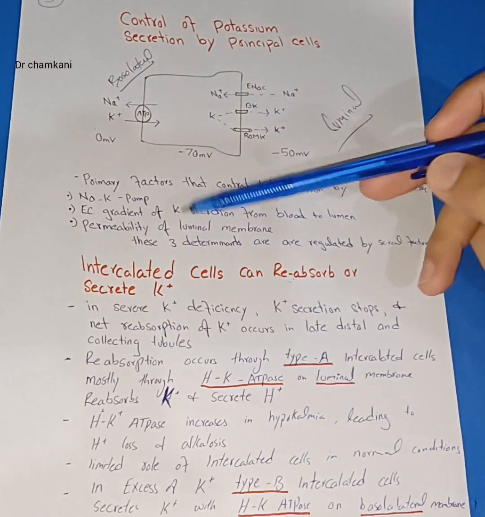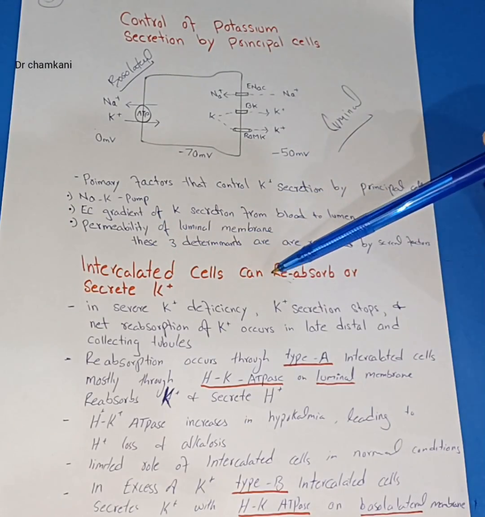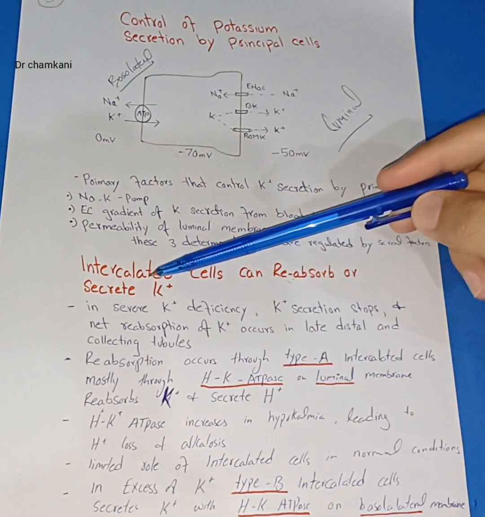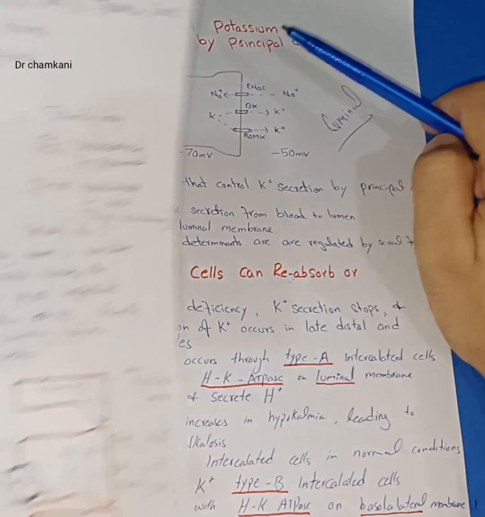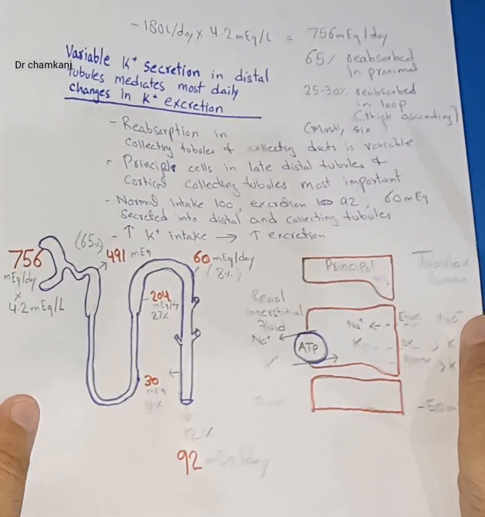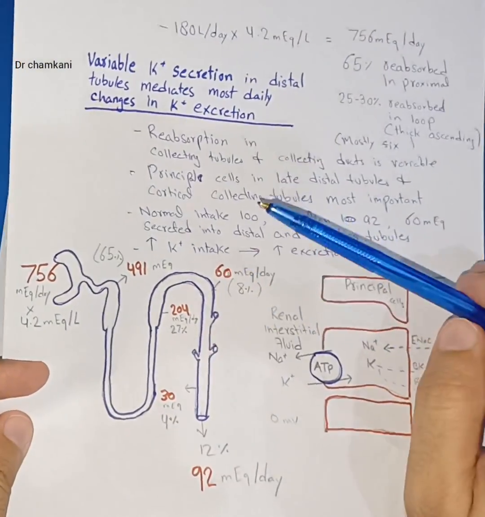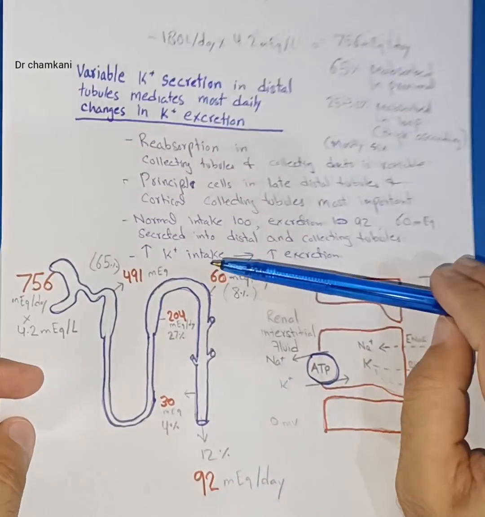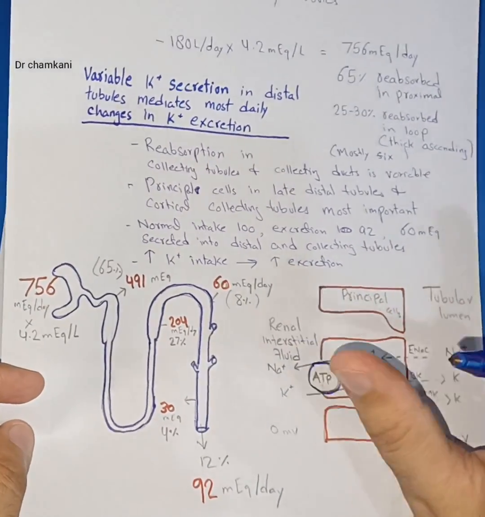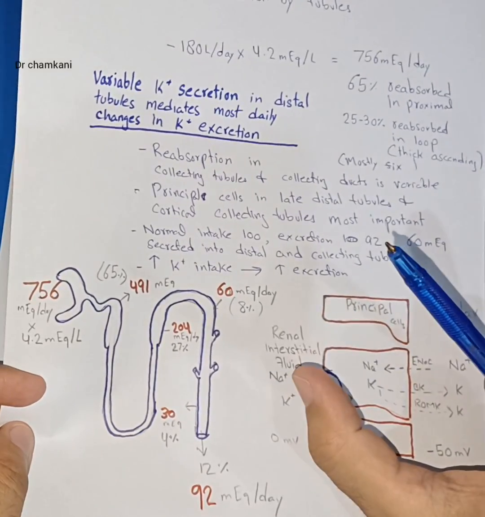Today in this lecture we will talk about the role of intercalated cells in reabsorption and secretion of potassium in the late distal tubule and collecting ducts. In our last lecture we talked about the role of principal cells in excretion of potassium. Now we discussed that in the late distal tubule and collecting ducts, the principal cells and intercalated cells have to either reabsorb or secrete